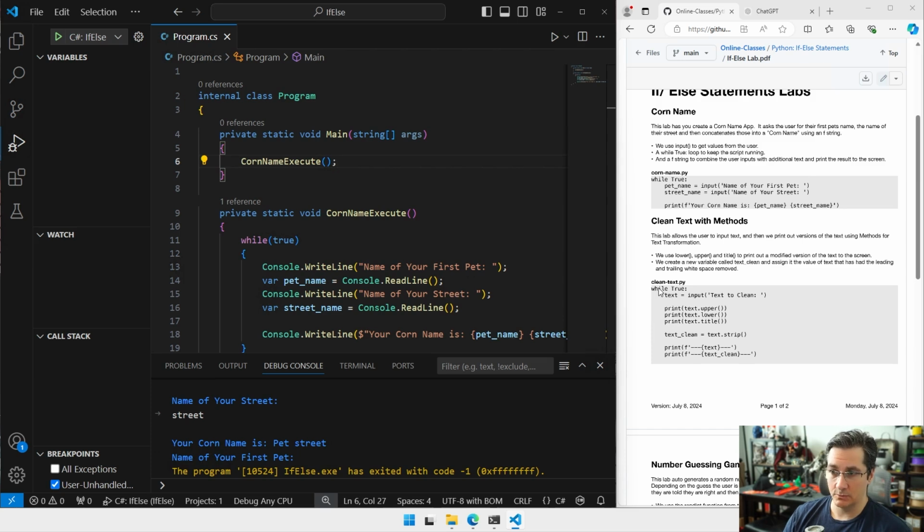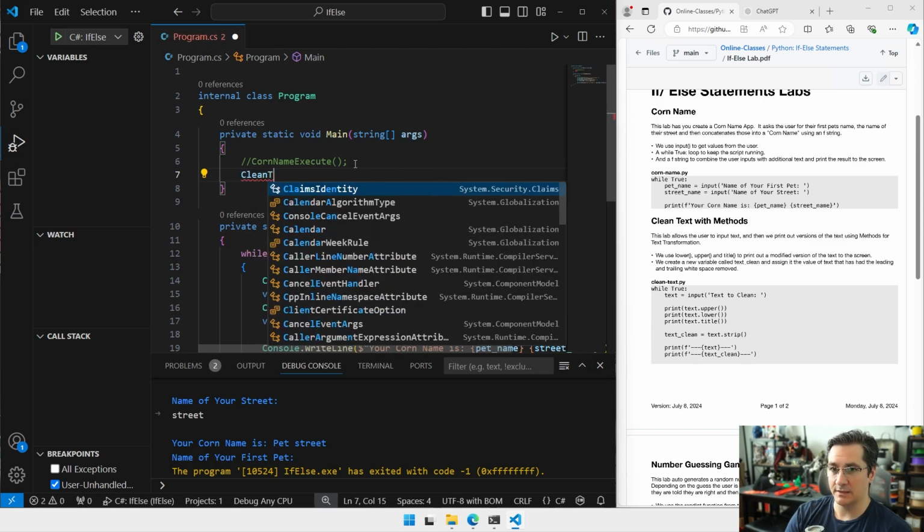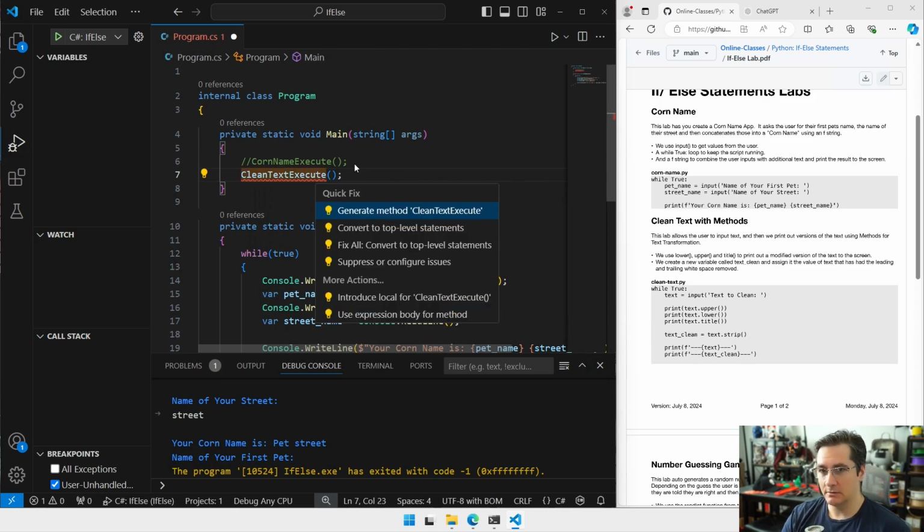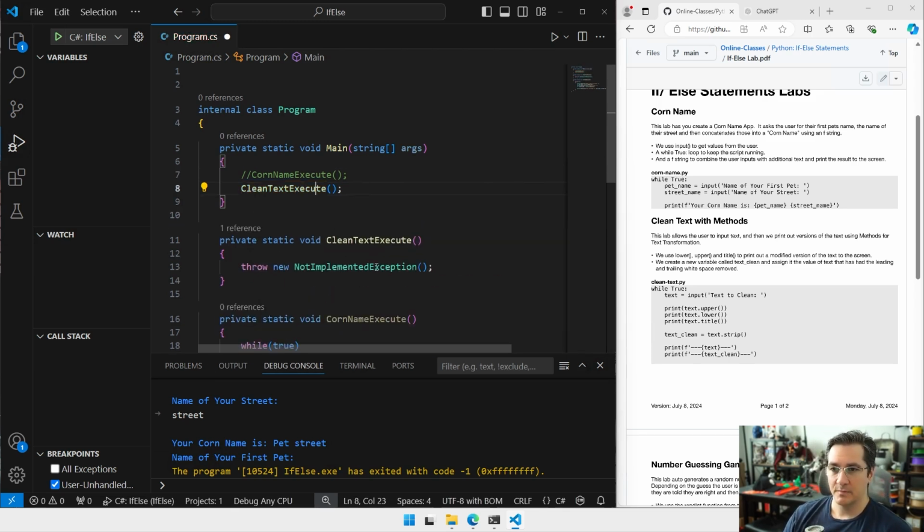Section code block, we're going to do a while loop again. We're going to read in some more text, and then we're going to call some extensions on the string class to uppercase, lowercase, title case, and strip out spaces, padding from strings. So let's do that. We'll comment out corn name with 2 slashes, and we'll create the new method of clean text execute. And control period, generate the method, and we can come down here and we'll do while true to start our loop,